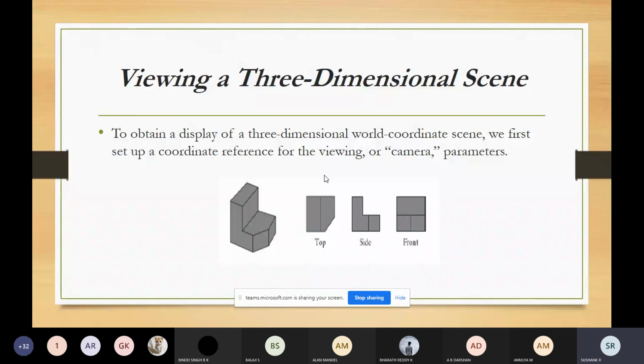The scenes that are generated by using this perspective projection, the second method, will appear more realistic. Why will this look more realistic?